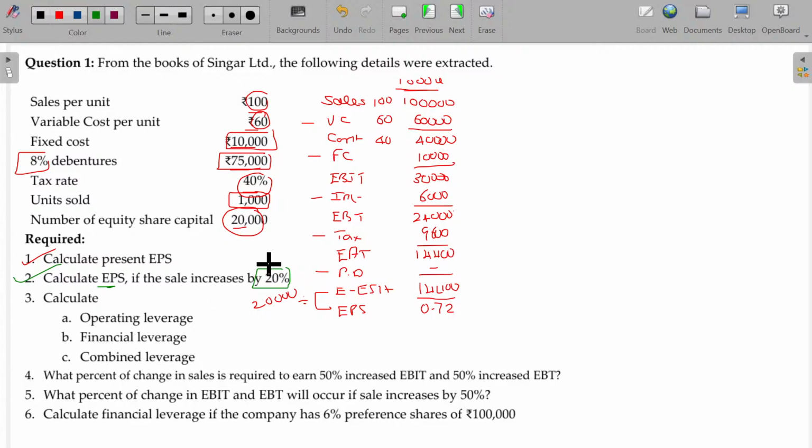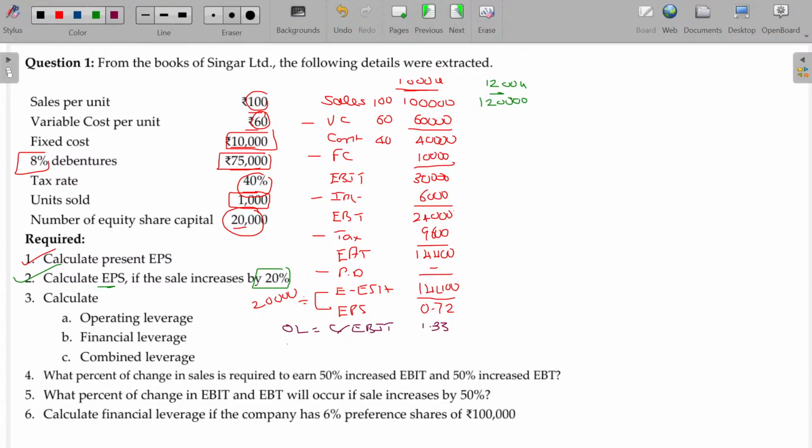Okay, the complete reworking is for cross verification. For this one, with 1200 units, you can rework it completely. But anyhow, the sales being 1,20,000 rupees, I'm not going to work it out this way. I'm going to apply the leverages to cross check. Find out the leverages here. Operating leverage. What is the formula for operating leverage? Contribution by EBIT. What's the value?